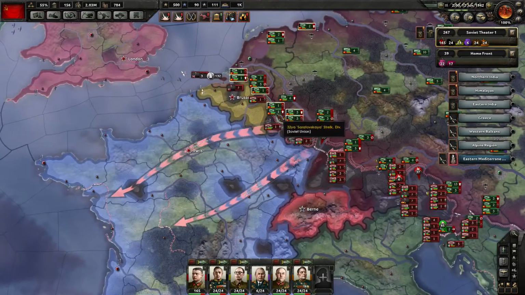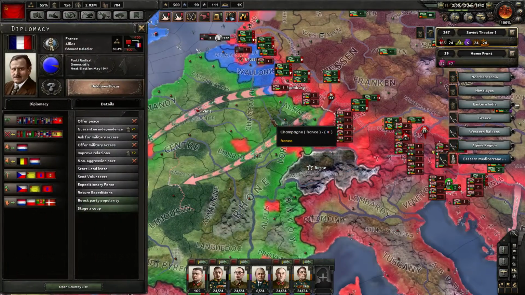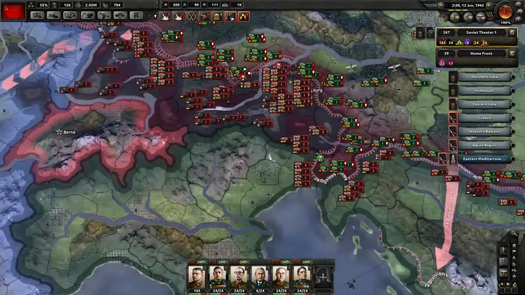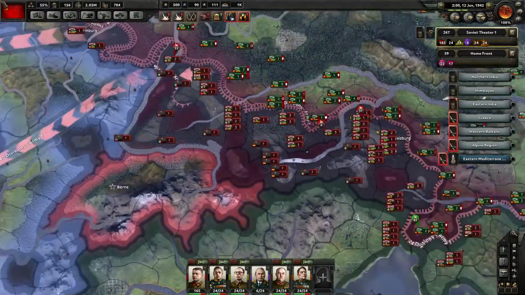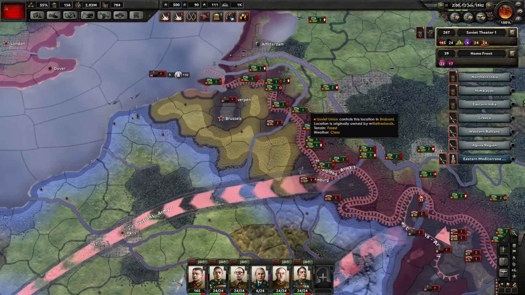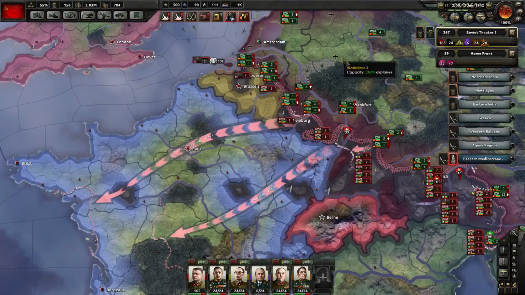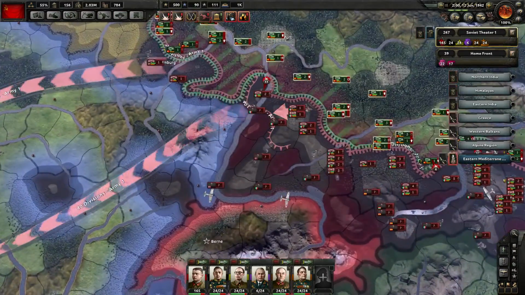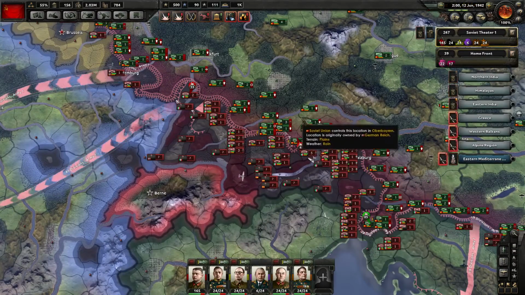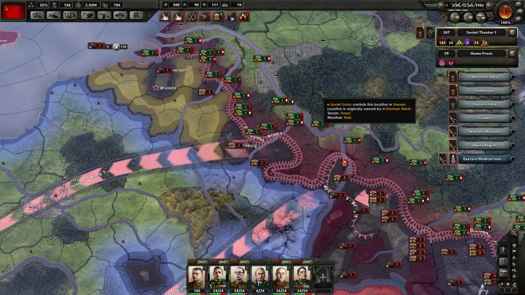Let's see. So now we need to grab France that we are suddenly at war with, which is, well, problematic. But most of the German forces are gone, and our advance through Benelux and such should be quite easy, since most of the Italian forces seem to be centered here. Of course, our front lines get